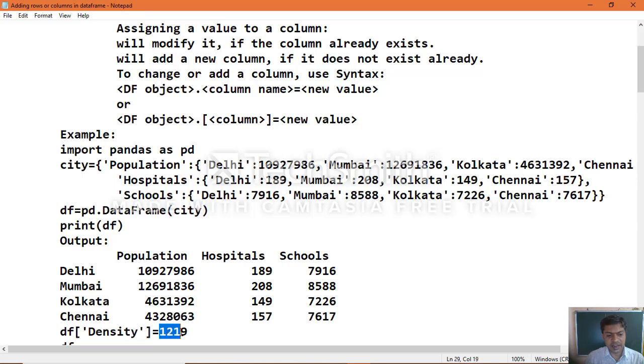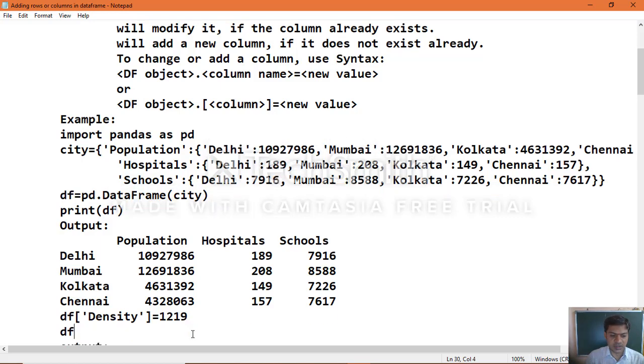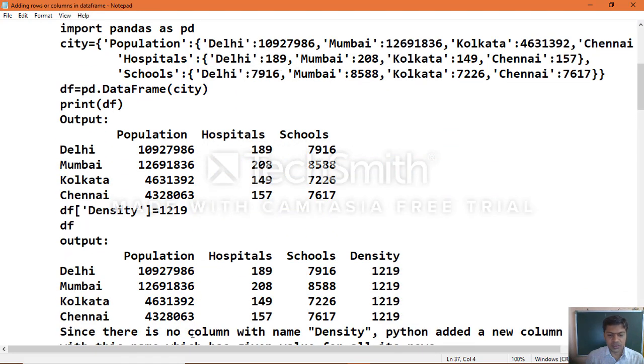Here it will create the density column and assign all the rows the same value. If you execute this, you can see the output: the density column has all rows assigned 1 to 19.